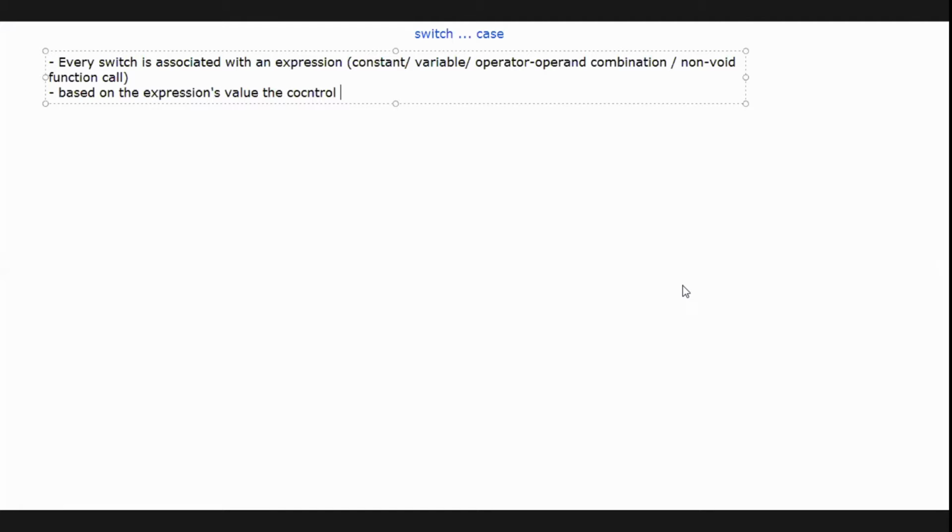Okay, then next, based on the expression's value, the control is shifted or transferred to the case having a matching label.